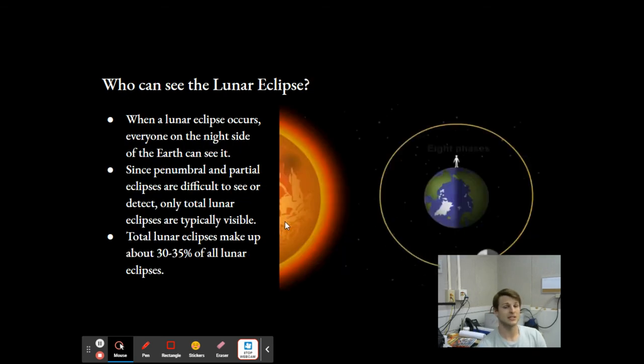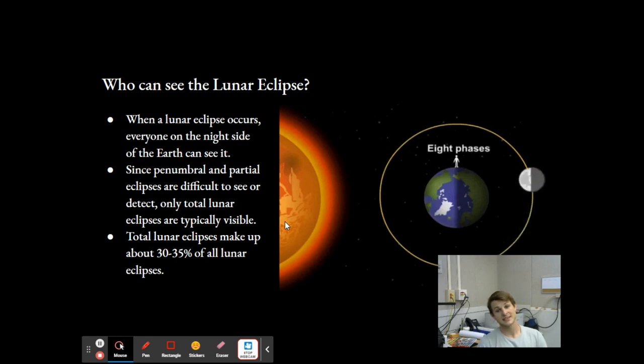Who can see the lunar eclipse? Basically, because we know it's whenever the moon is on the opposite side of the Earth and the sun, it's only during nighttime that whoever is on that side of the planet that is in the specific zone to see the lunar eclipse will see the lunar eclipse. So if you're on the night side of the Earth during the lunar eclipse, you can see the lunar